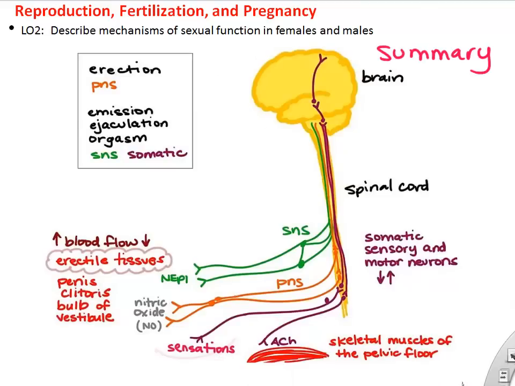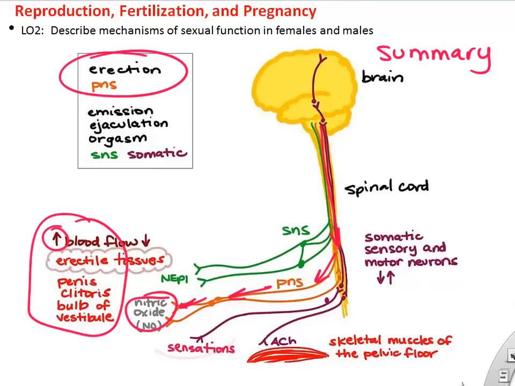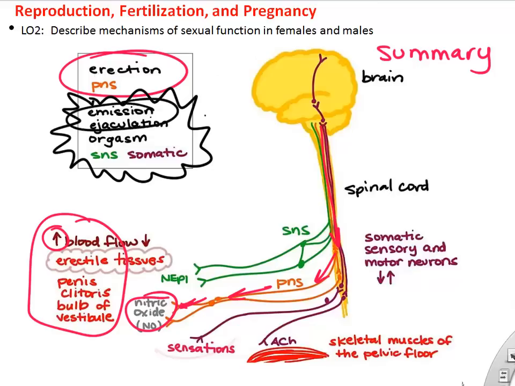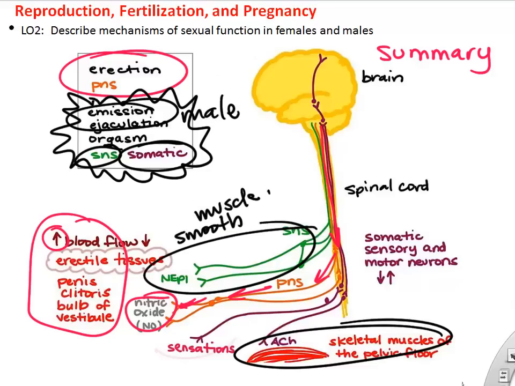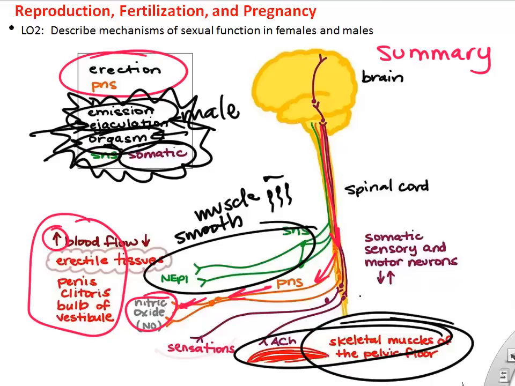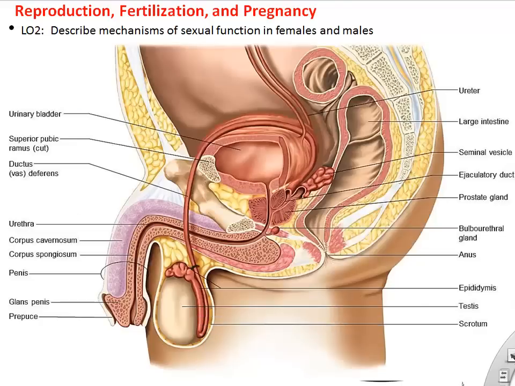So here's sort of a summary slide about sexual function, and how it's controlled. Again, the parasympathetic nervous system dominates erectile function and increased blood flow to your reproductive organs in the male and female. Ejaculation in the male is really a complex coordination between the sympathetic nervous system and the somatic nervous system. The sympathetic nervous system causes smooth muscle to contract in things like the ductus deferens and the glands to cause ejaculation, but you also have somatic neurons which activate the pelvic floor.